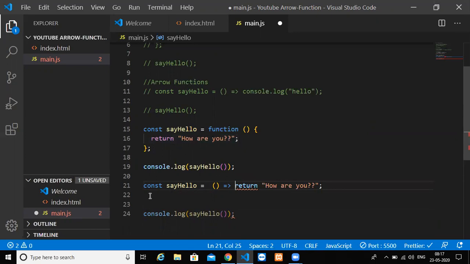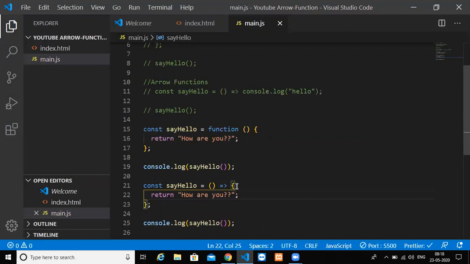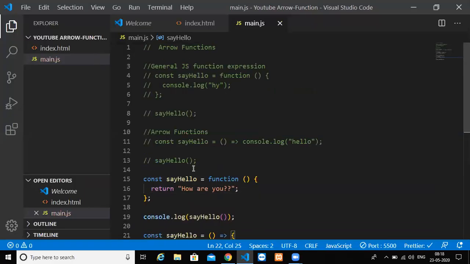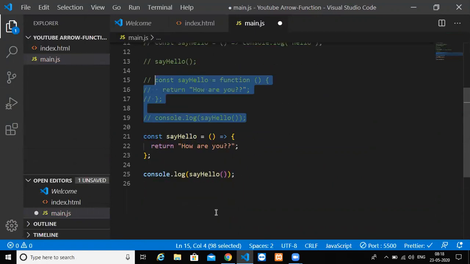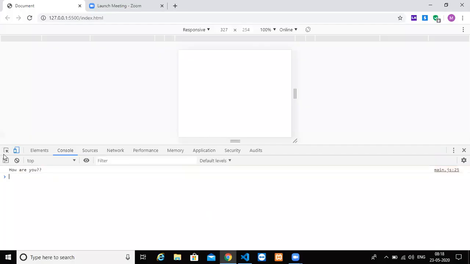Now you are getting an error right away. JavaScript is telling us, okay guys, there is an error, so you have to have the parenthesis. When you are doing a console.log, you need not have the parenthesis, but when you are doing a return statement, you should have a parenthesis. If I write the parenthesis, I can save, and if I go back, it has been already declared.